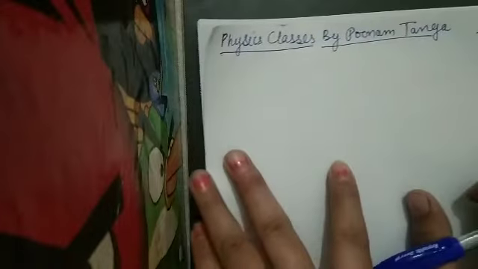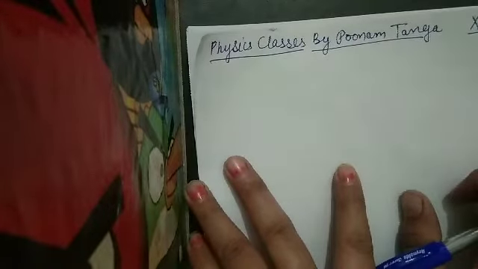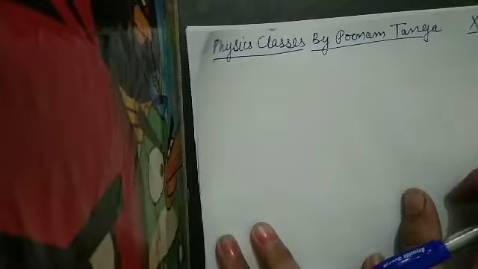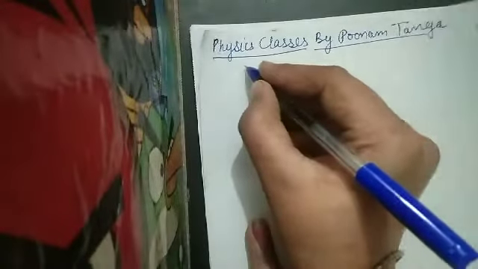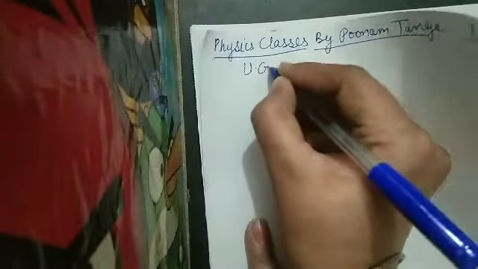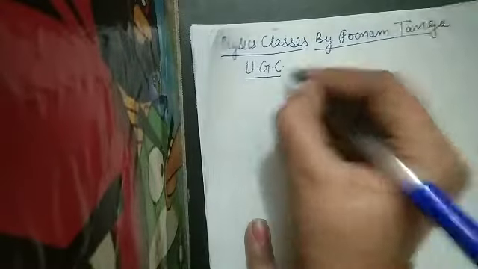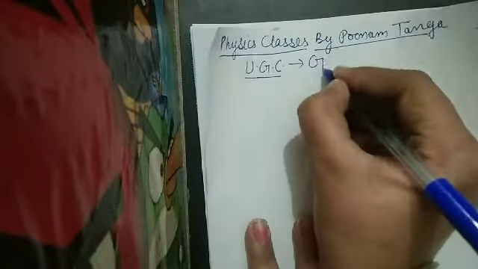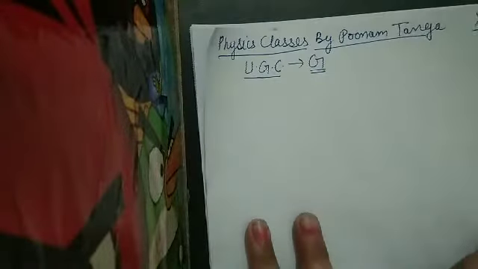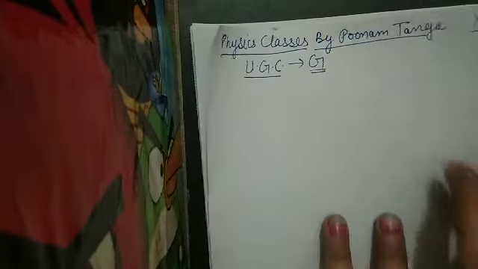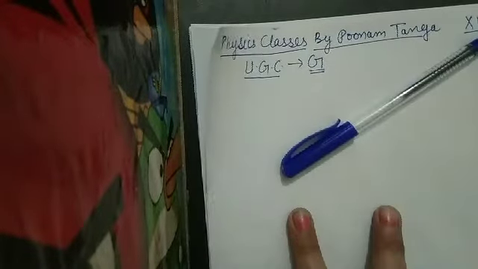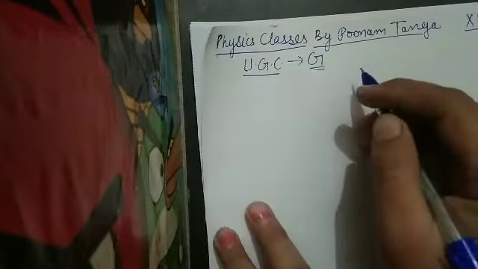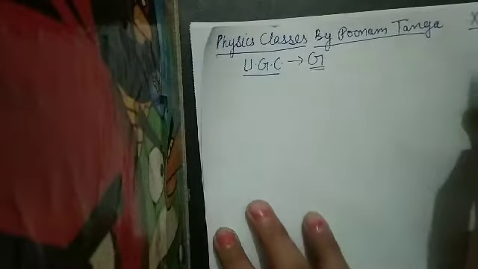Hello everyone. In my last video, students, I taught you to derive the dimension of certain physical quantities, and I gave you the task to determine the dimension of the universal gravitational constant, represented by the symbol capital G. So what is step number 1 to derive the dimension of any physical quantity? You have to find a formula in which G is involved.